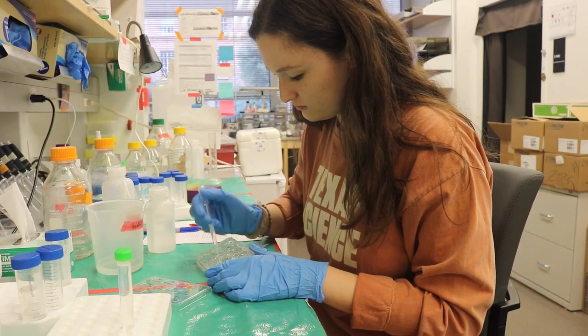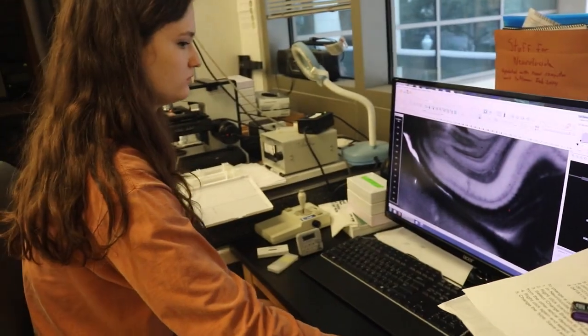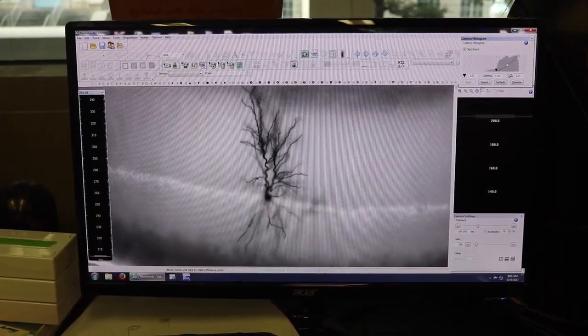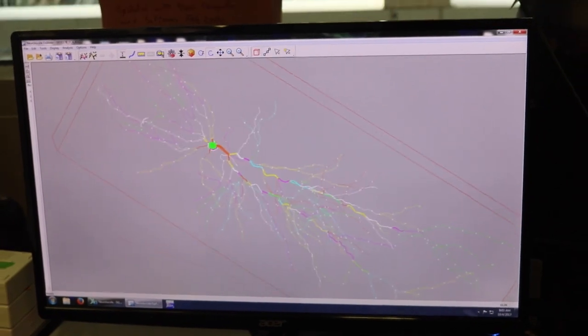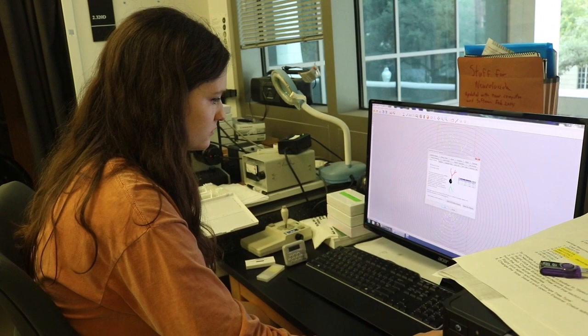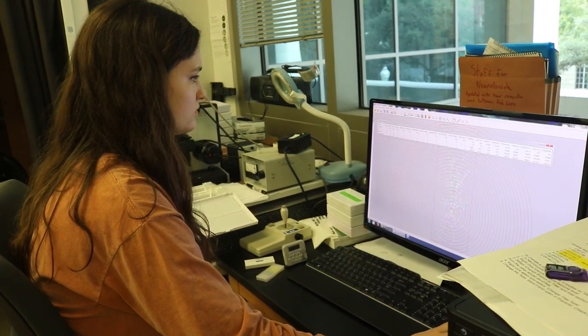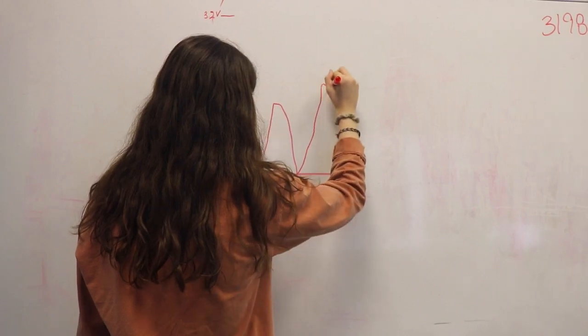Through my research, I hope to answer the question of whether epilepsy in the hippocampus causes significant structural change to the neurons it affects. I use a technique called DAB that results in staining a single neuron in a brain slice from a rat hippocampus, which allows me to build a computer model of the neuron through a technique called reconstruction. From here, I can use computer software to measure characteristics such as amount of branching, surface area, and length to quantify the structure of a neuron, and then compare the differences between healthy and epileptic neurons.